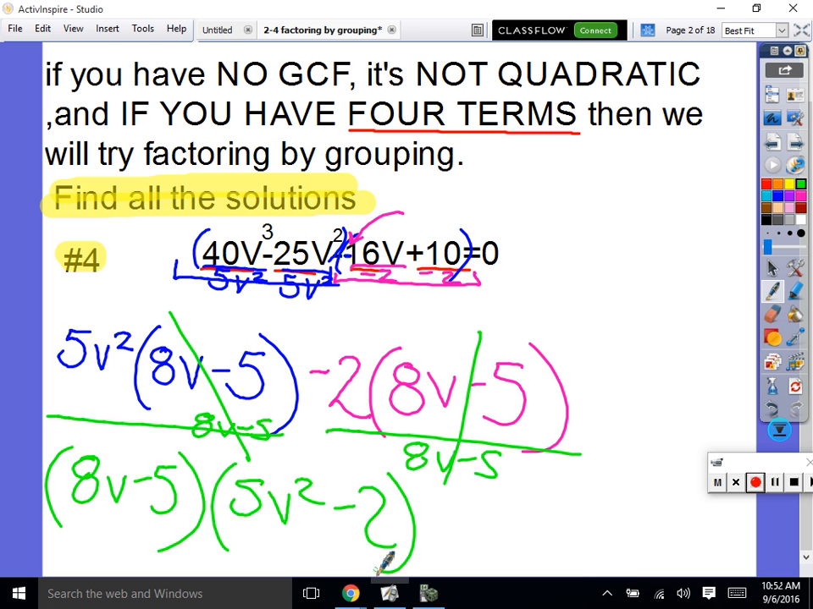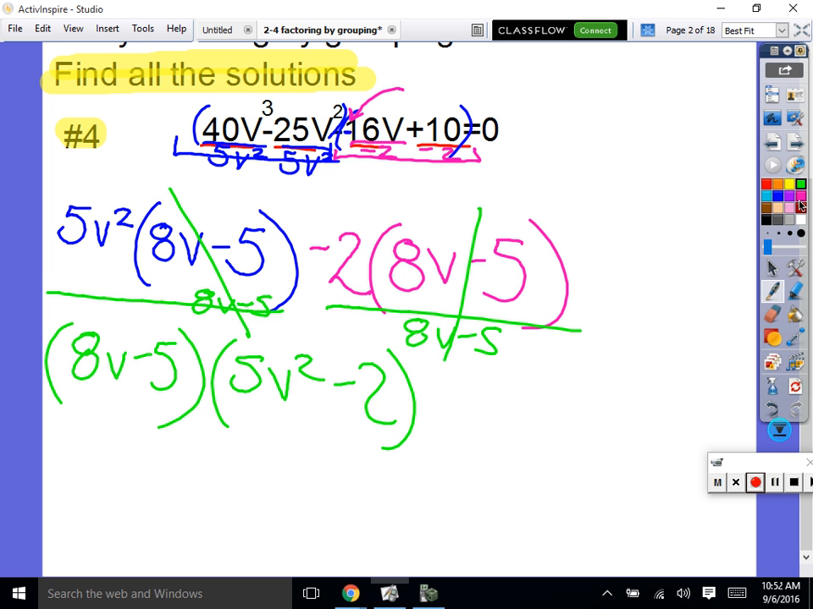Now I want you to look. Don't we have, sorry, I want to change colors. That is the worst color. Don't we have a linear factor, degree 1? And then we look right here, we say, oh, this is a quadratic. Okay, we better check to see if this